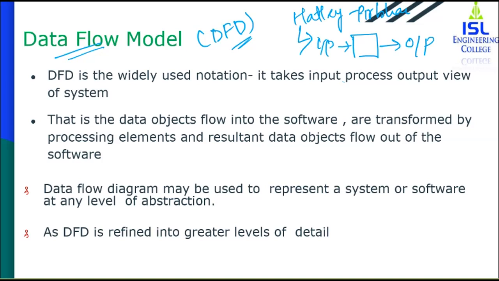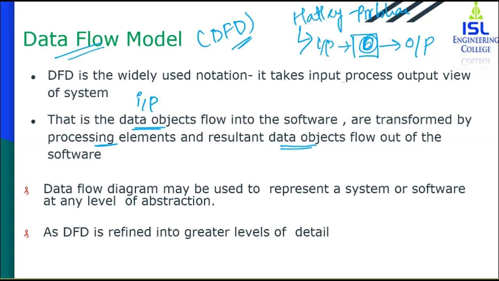Now within this data model, we have the data object. These data objects can be multiple things. It can be an entity, it can be a thing, it can be a specific role. So these data objects flow into the software, that is your input, and these are transformed by processing elements. That is, you're going to transform that specific data object into another entity at the processing view. And then a resultant data object is going to flow out of the software.